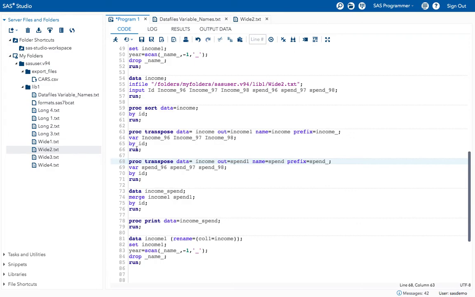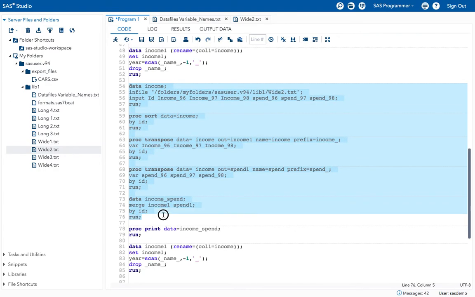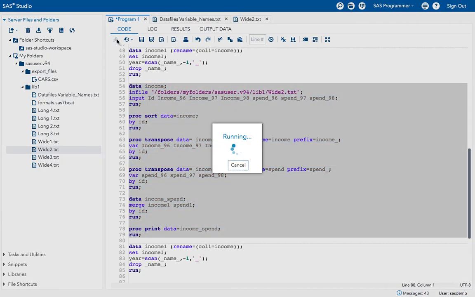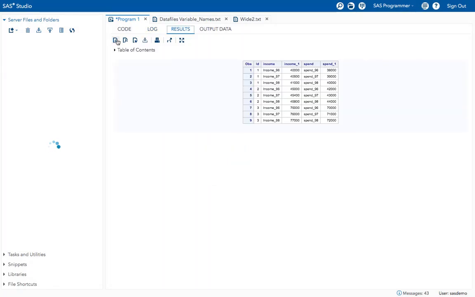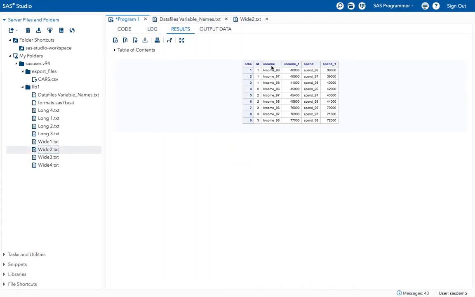Now if I execute this program, it will transpose both the data sets. See, now it has created income variables, spend variables. These are the automatic variables created by SAS while doing this transpose procedure. If you don't want these variables, you can drop them by using the drop option.